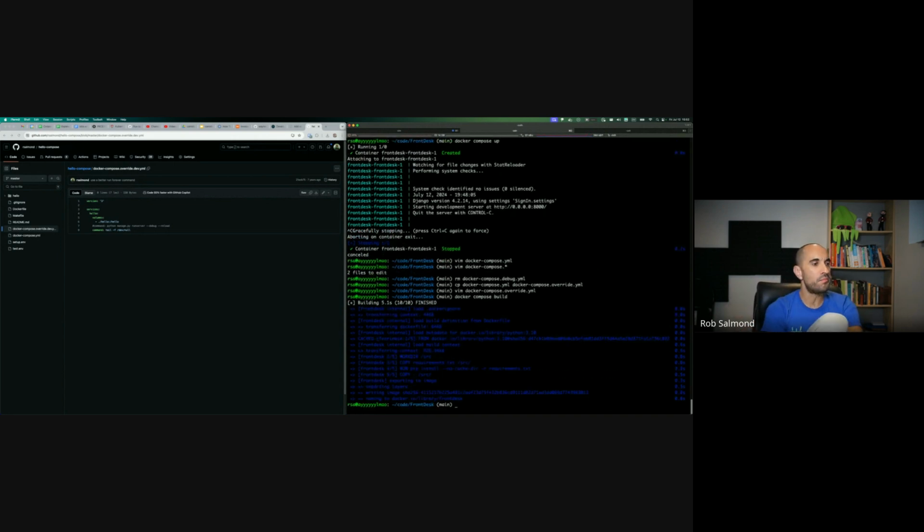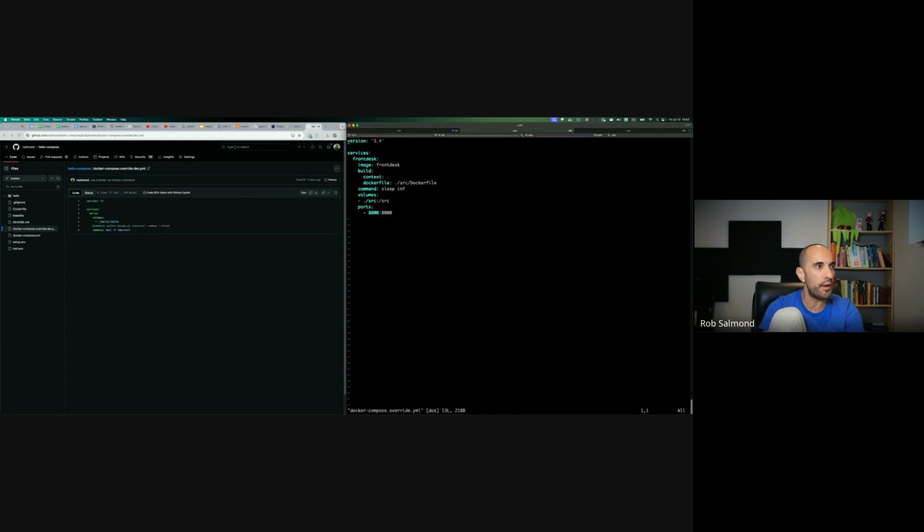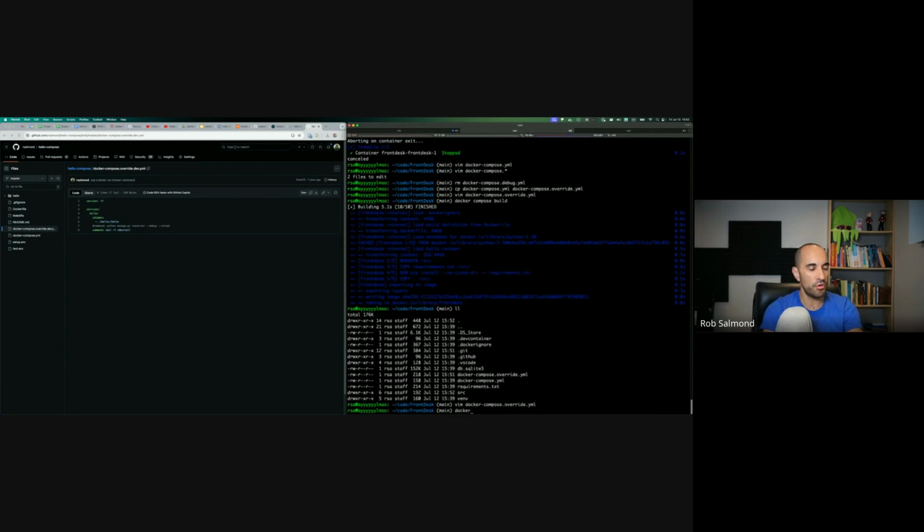Okay. So the reason I put everything into one directory is that now in the Docker Compose override file, I can tell Docker to mount a volume into the Docker container so that, because otherwise, if I take this out and I do docker compose up,